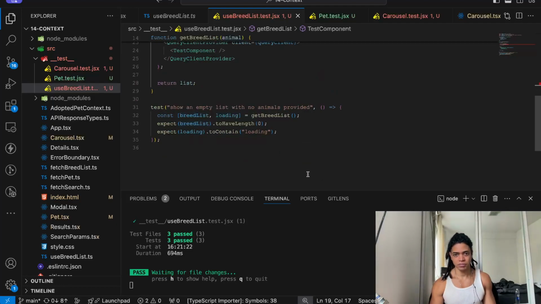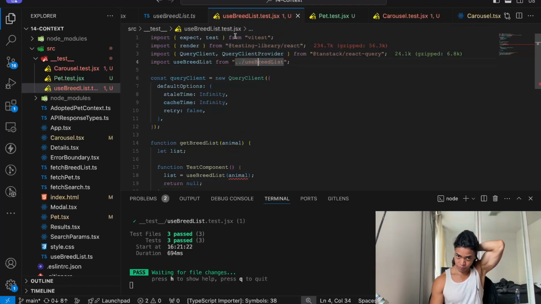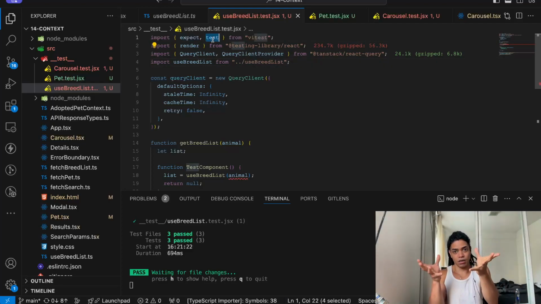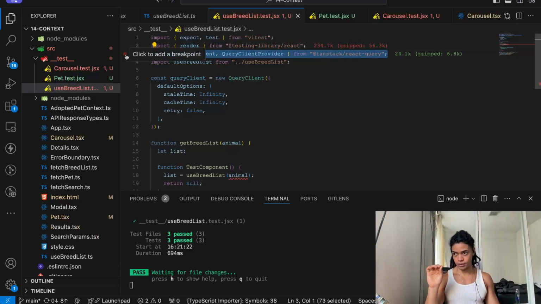Pretty much that. So now this file is saying, hey, we're going to import from Vitest the functions that we need to actually run our tests, as well as some nice little functions, especially for testing UI components in React. In this case, since we're testing a very specific React feature, the custom hooks, that is using behind the scenes React Query as a way to